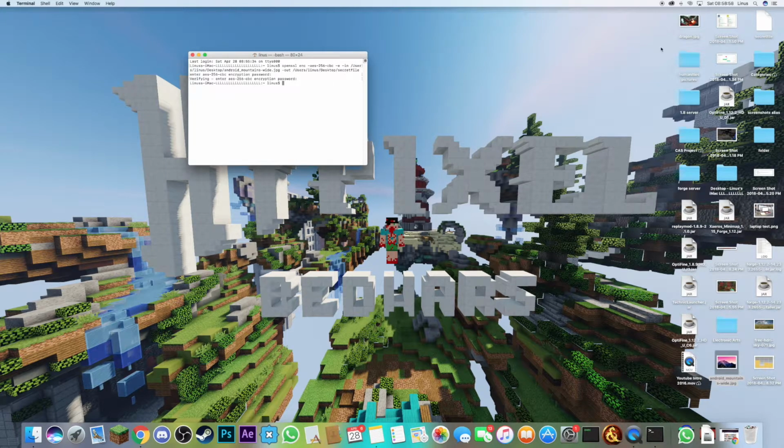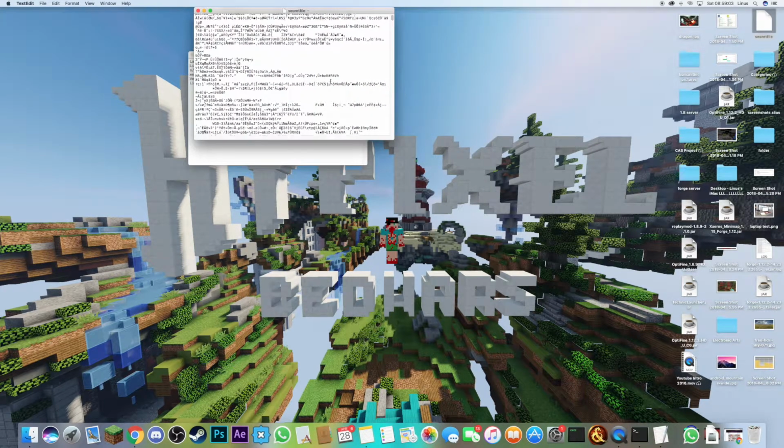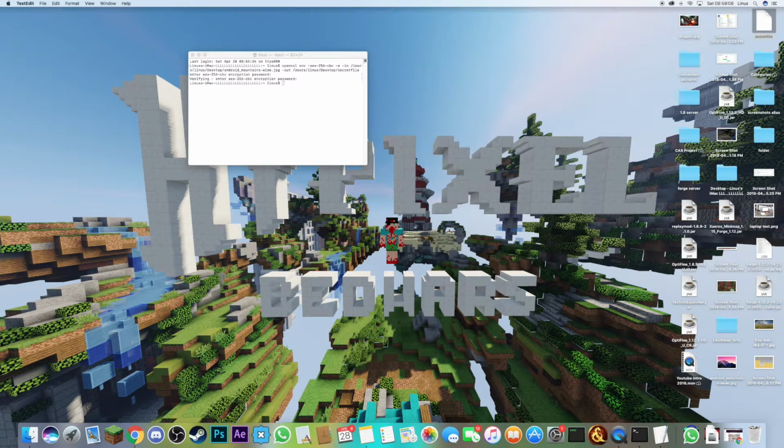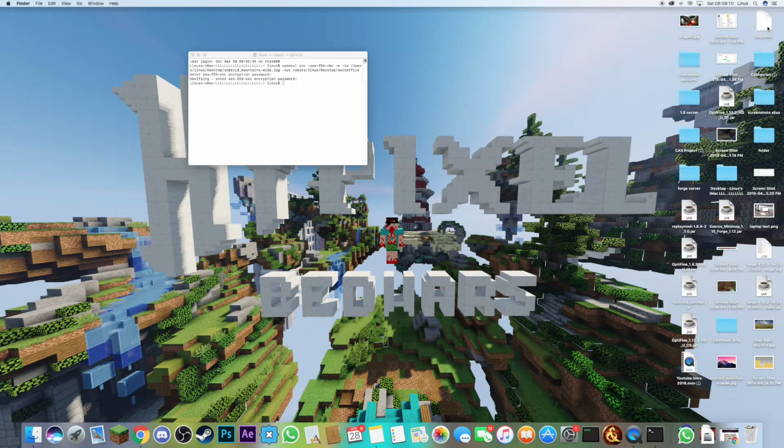And now, if you look on your desktop here, you'll have a secret file. If you try and open it in TextEdit or any other application, you won't be able to read it or anything. So you can safely send this to your friend and give them the passkey. Then, when they want to decrypt it, you type openssl enc -aes-256-cbc, and then this time you do a -d for decrypt, then -in, and then you drag the secret file